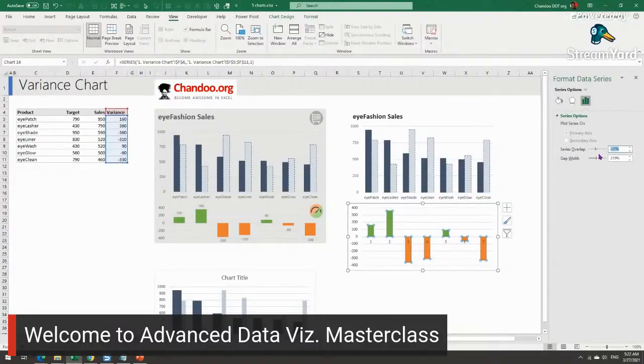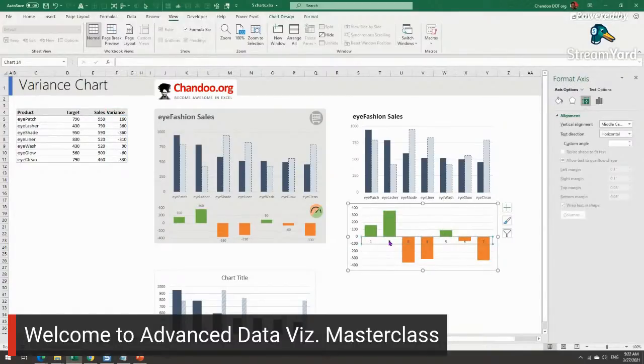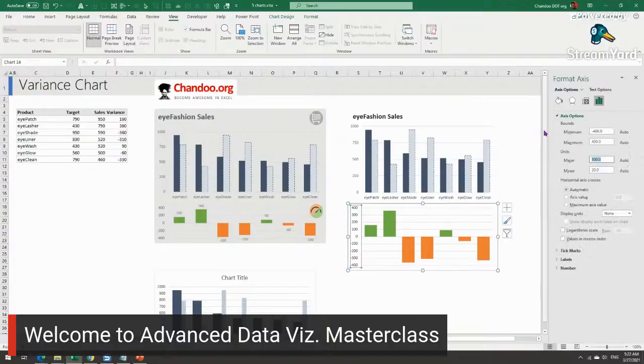We'll say the overlap is irrelevant when you have only one series, but let's just set it to that and make this 50% so that these are a little thicker than the main bars, because here the attention is on the variance aspect. That's why we went with the muted colors for the top one, so that focus is here and detail is there. And then we'll take that axis, we'll delete that, and we'll take these guys and quickly set the major unit to 200,